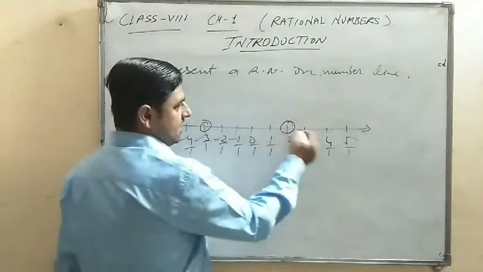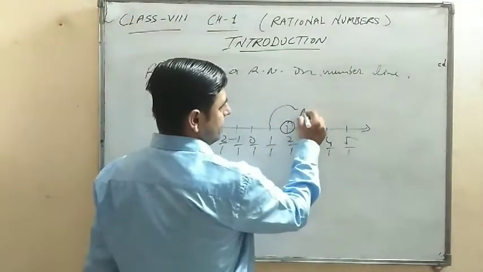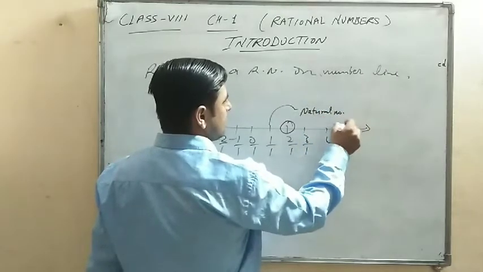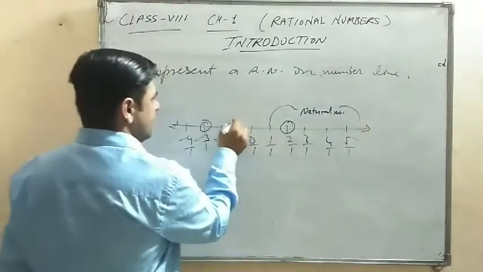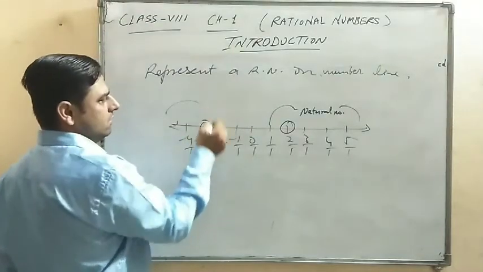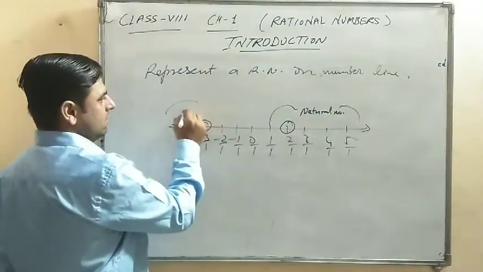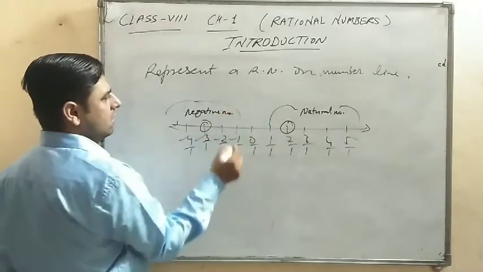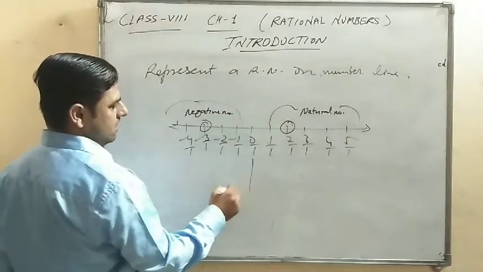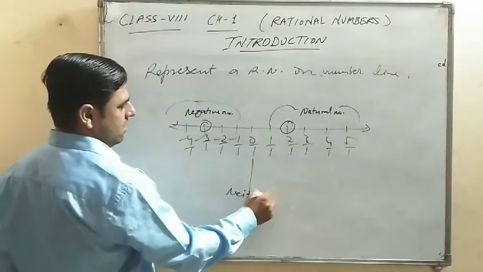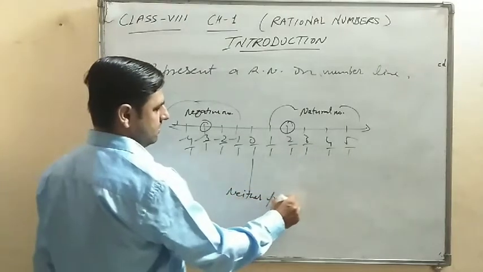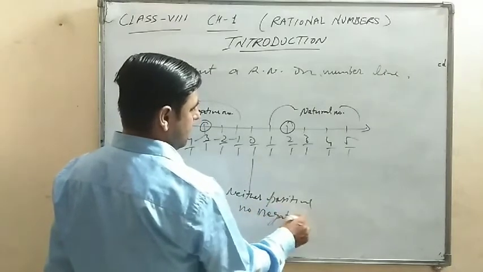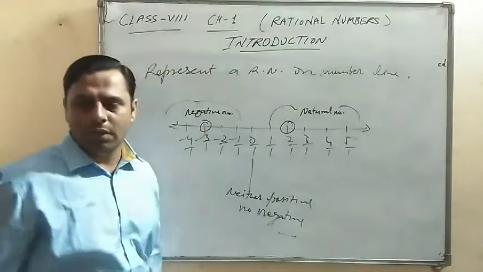Okay, and these positive numbers are called natural numbers. And next, these are called negative numbers. And 0 is neither positive nor negative. Okay,